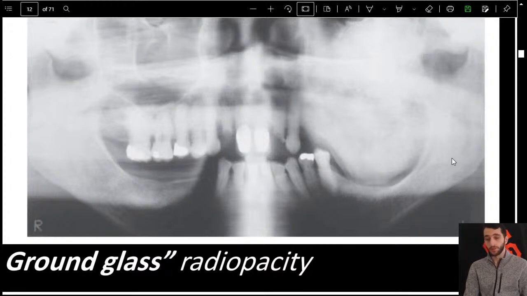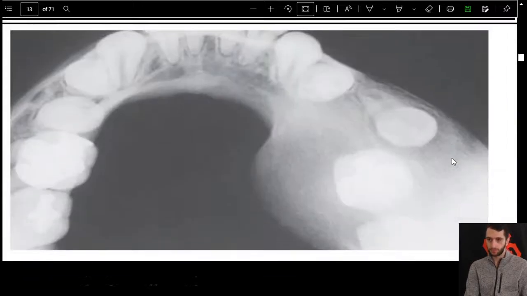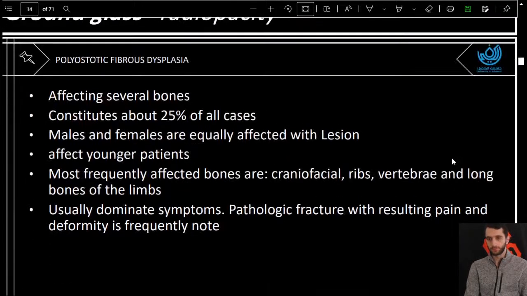Ground glass radiopacity is a well-known feature of this radiographic appearance. A distinctive feature of the monostotic fibrous